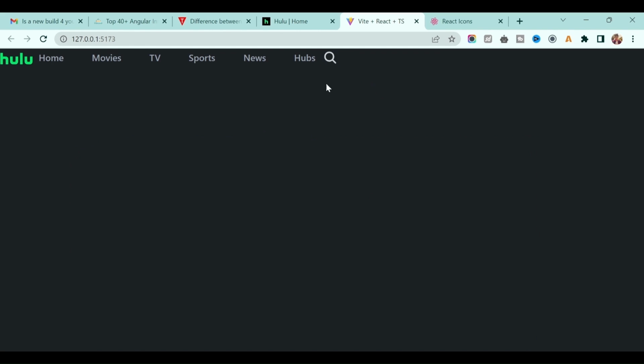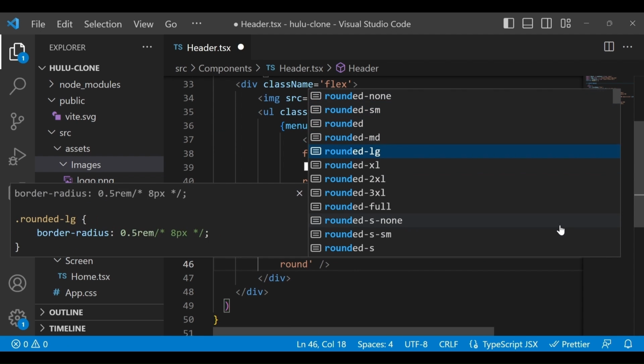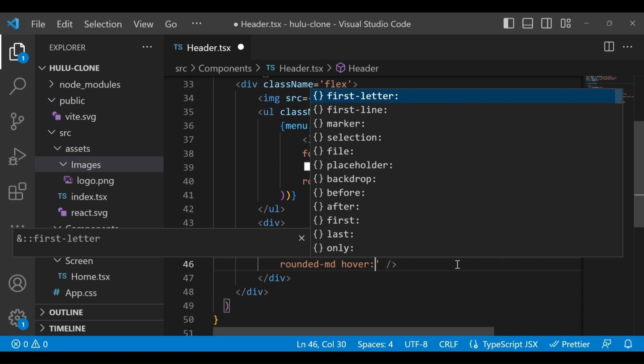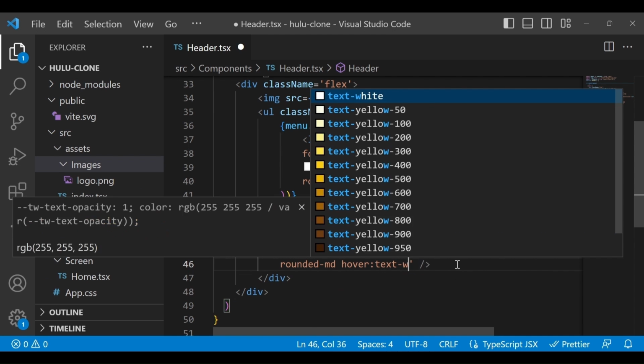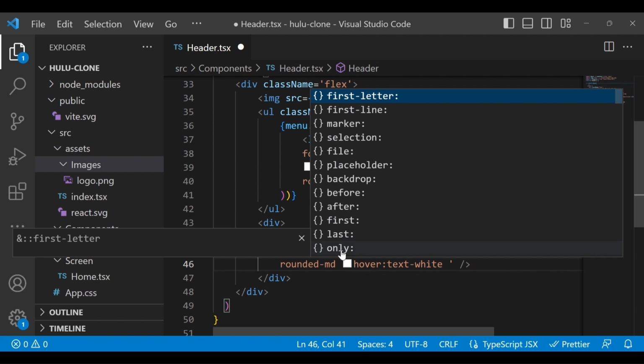You see, perfect. Now I will make the corner to be rounded, so rounded to be full, not full but the medium one. Okay, and same on hover we have to change the text color, so text to be white, and we have to add the transition all and ease in out.